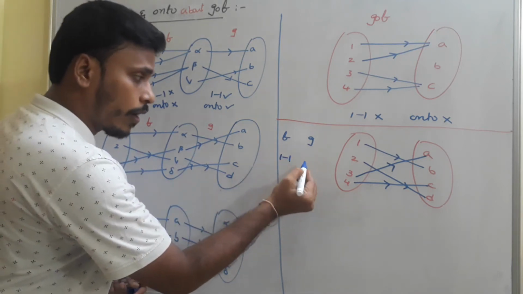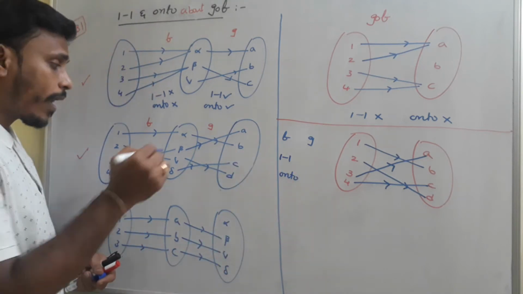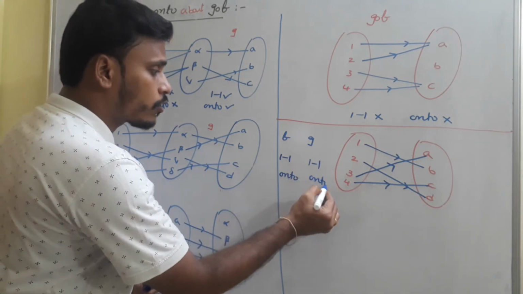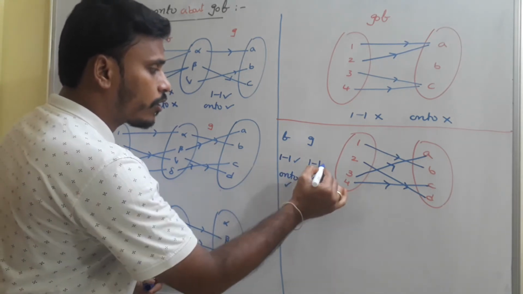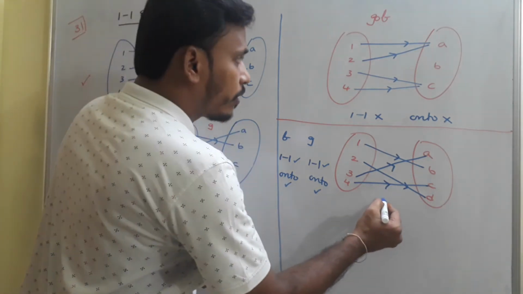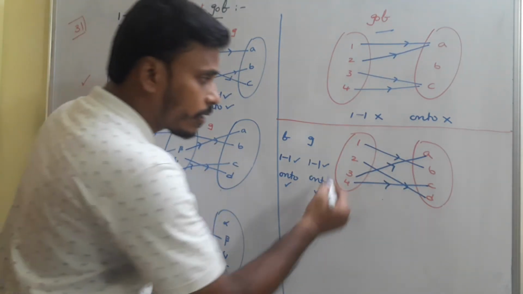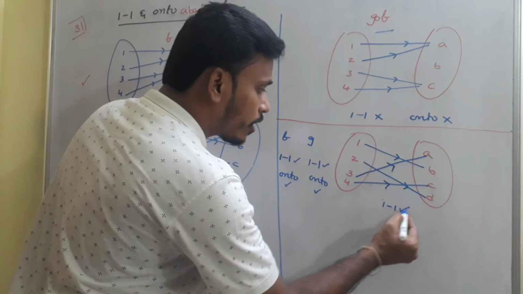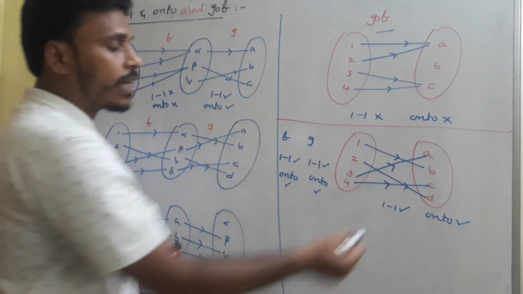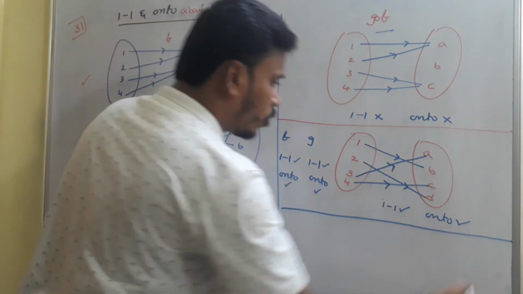So F is 1-1. Okay, F is onto also. Whereas G is again 1-1 and onto. G is also 1-1. G is also onto. F is 1-1, F is onto, G is 1-1, G is onto. Then what to say about the G circle F? This is G circle F, connecting the first set to the third set. This G circle F is again 1-1 and onto. Just have a look. Is it right or wrong? Different elements have different images as well as no element in the second set is empty, and that's why this is 1-1 and onto.